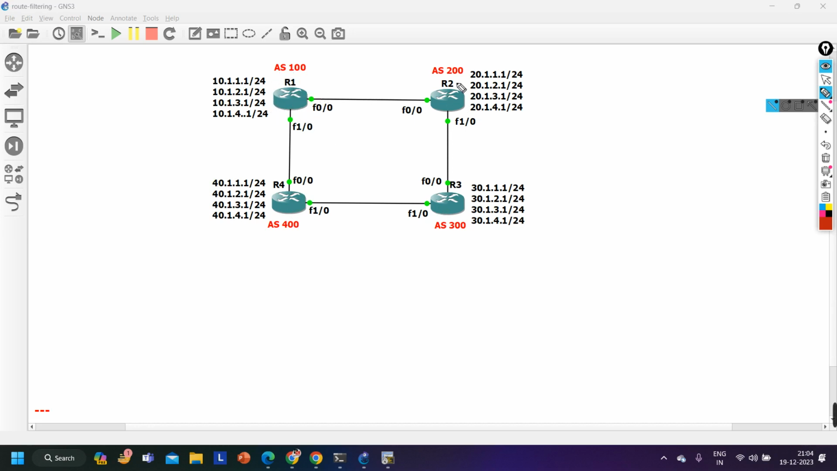Let's say router 1 wants to receive these two upper prefixes, and these two upper prefixes, and these two upper prefixes only from router number 2, from this neighbor. From this neighbor, router 1 wants to receive these 6 prefixes, not from router number 4. So this type of filtering can be achieved by route map. See, on router number 1,